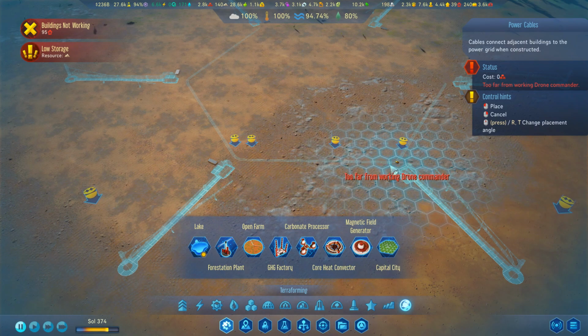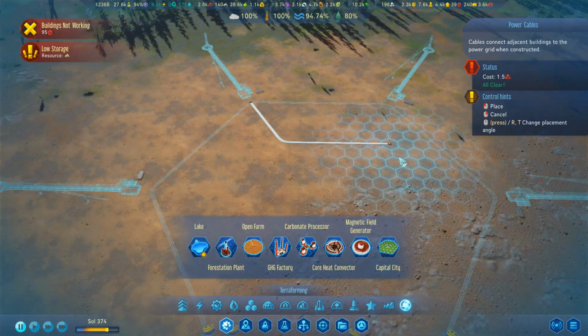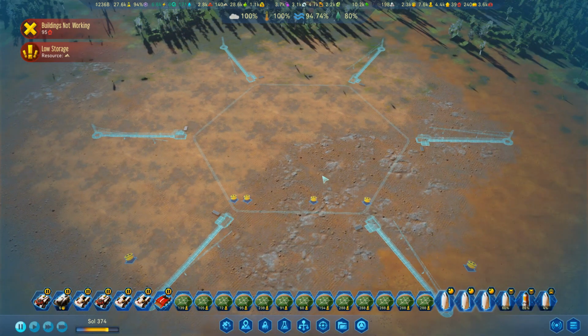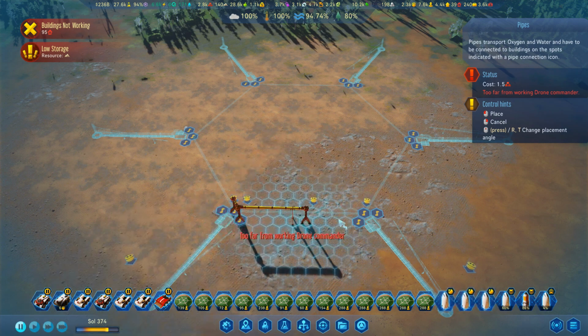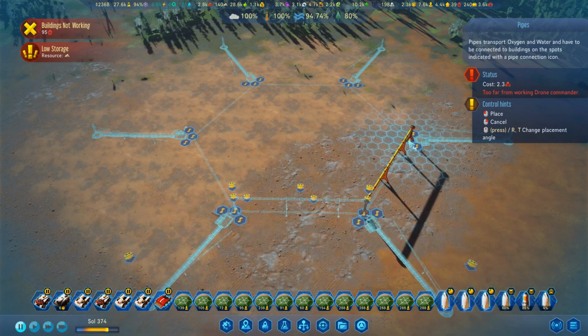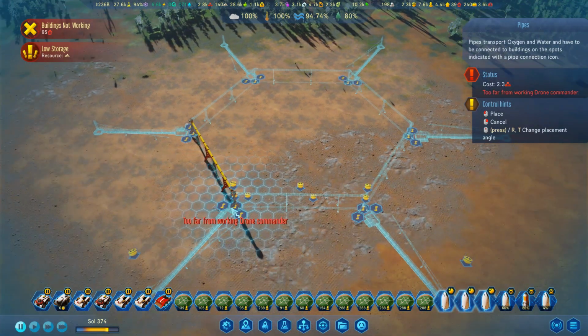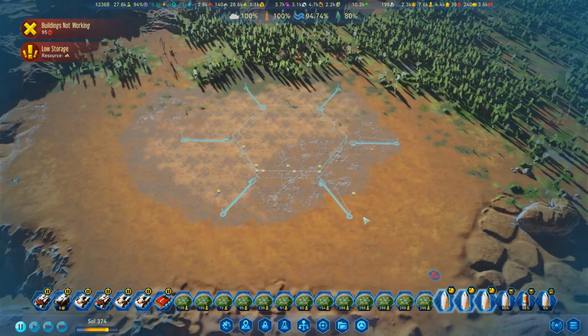They need power and they need water. So I could run that there, run that across there, do something like that. And then I'm going to need a tunnel in the middle. How I'm going to pipe this together, to be honest, I don't know. I'm probably going to run that around there so that we've got a nice hexagon pattern. And then hopefully,